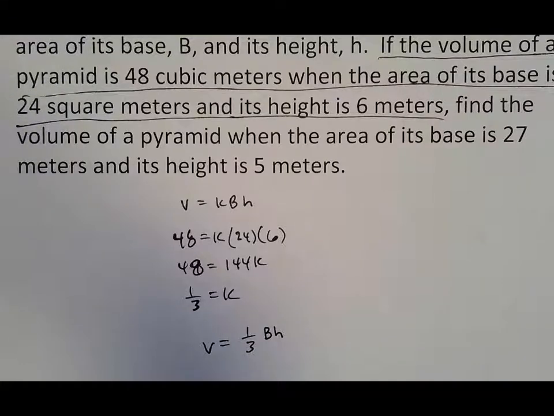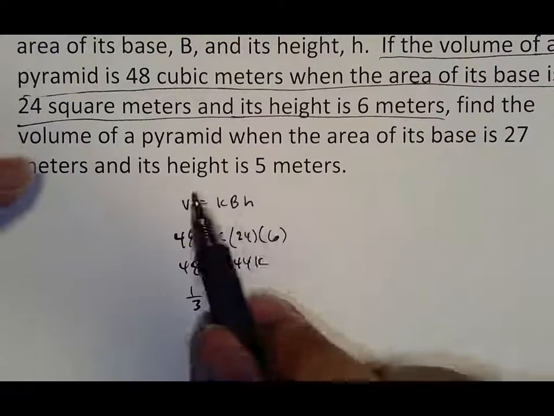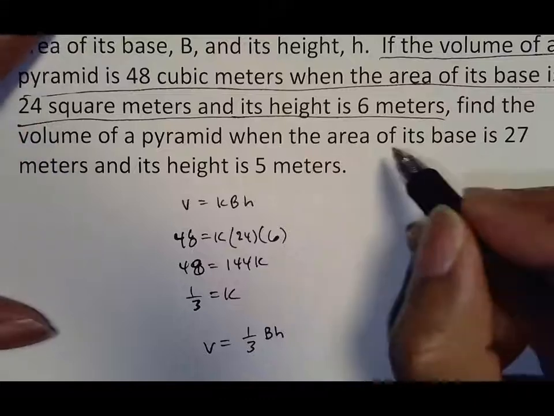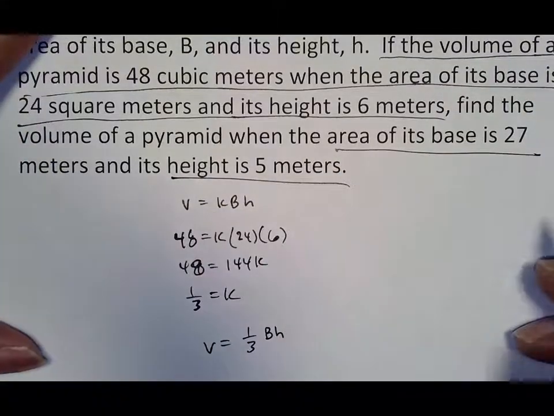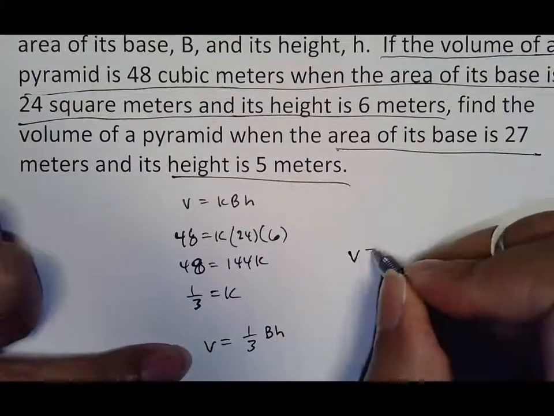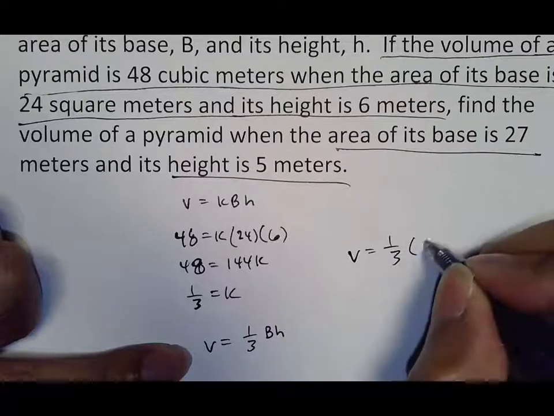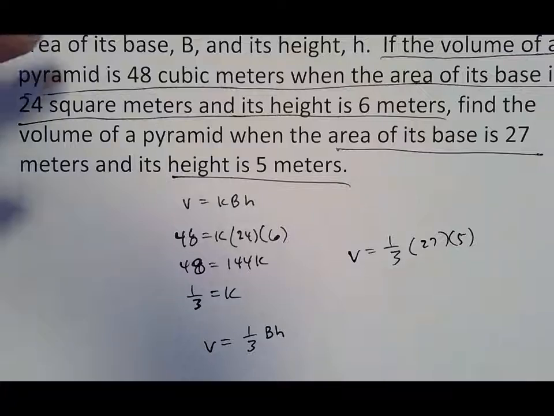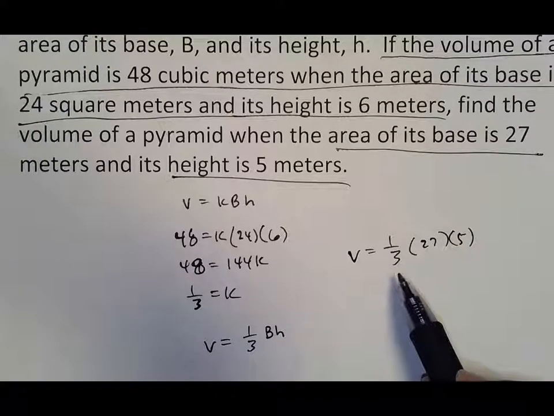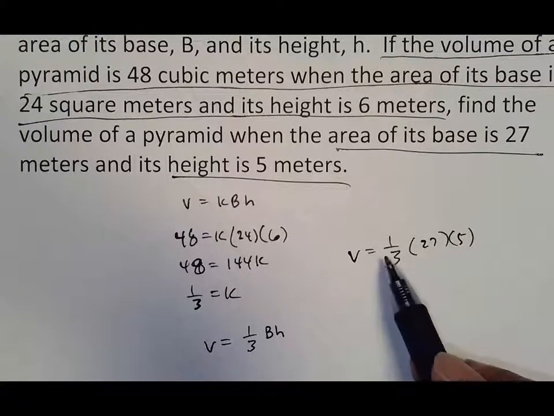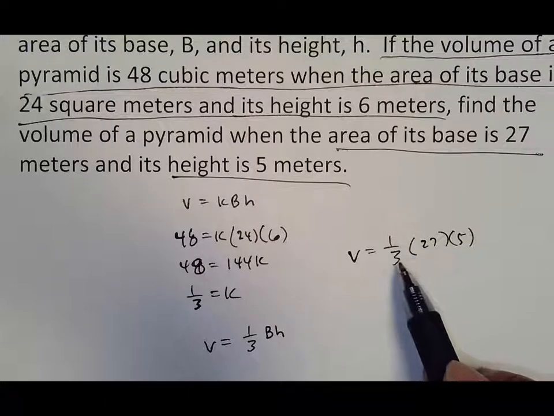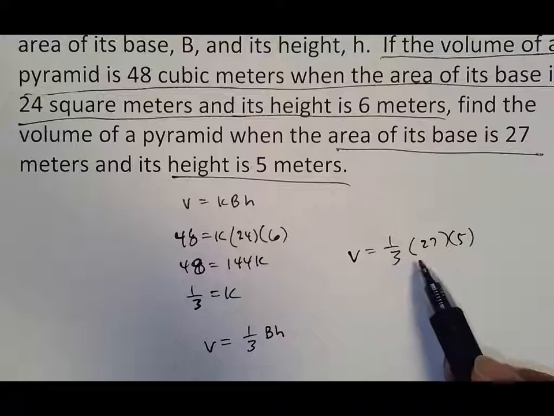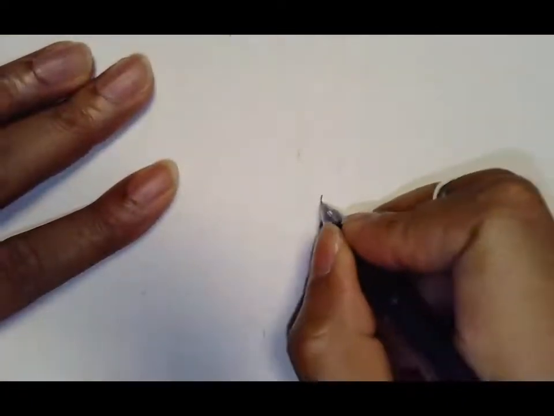All right. Now it says find the volume when the area is 27 and its height is 5. So we have the area and we have the height. So we would put V equals 1/3 times 27 times 5. Now, I don't know if you know about the rules of multiplication, but typically whenever there's a fraction, because it's multiplication, you could actually multiply in any order. But what I usually do when there's a fraction is I multiply or divide this number into whatever it can go into. So for example, if I had 1/5